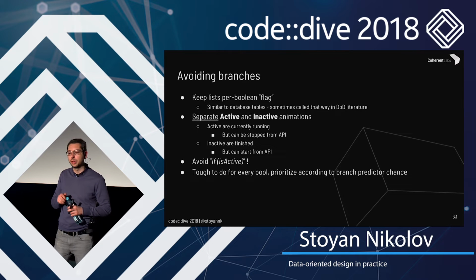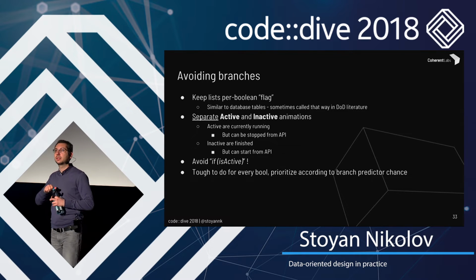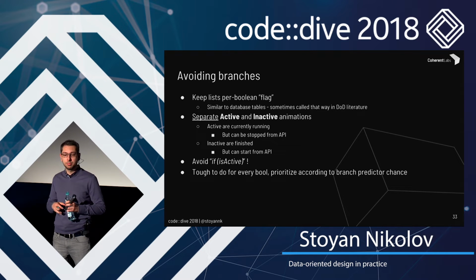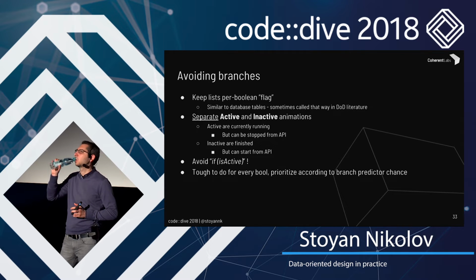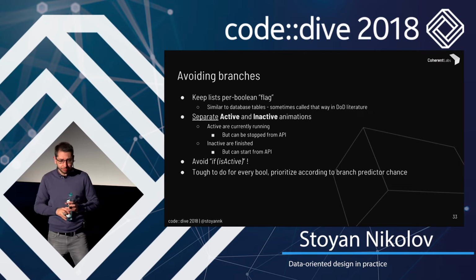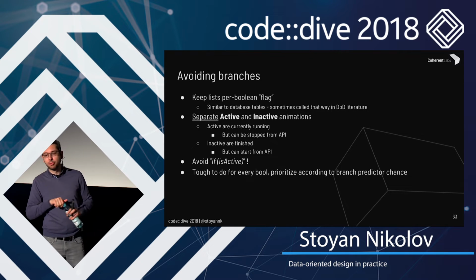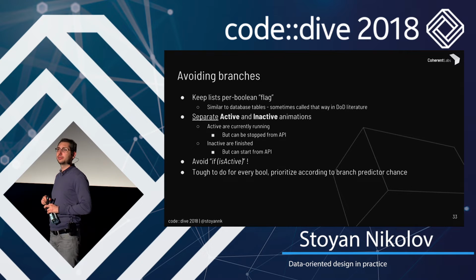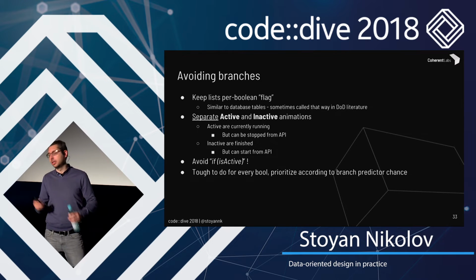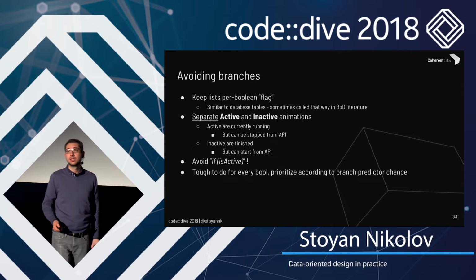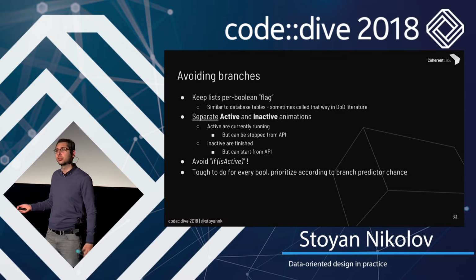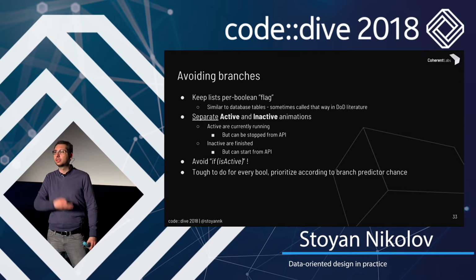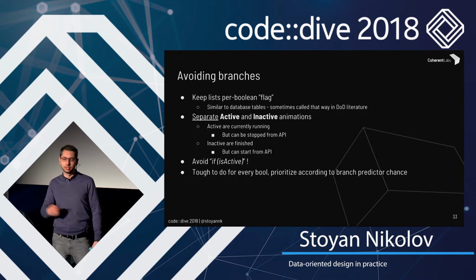So we want to avoid also branches. We saw that the object-oriented code was very branchy. And the most important branch that we had was: is the animation active or inactive? You can do that very easily, obviously. You can have a Boolean, if is active, you do something. Otherwise, you don't do anything in your update method. But that has all the problems with branch mispredictions and so on.